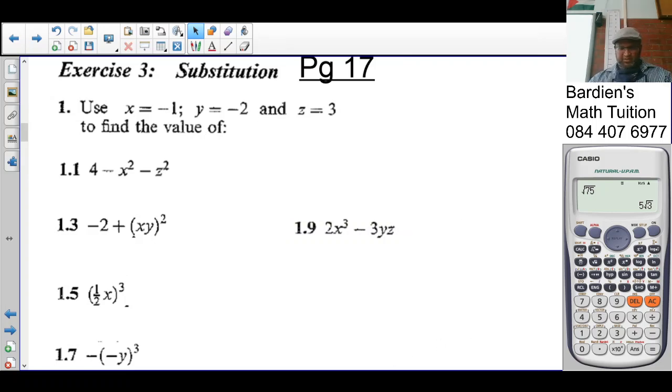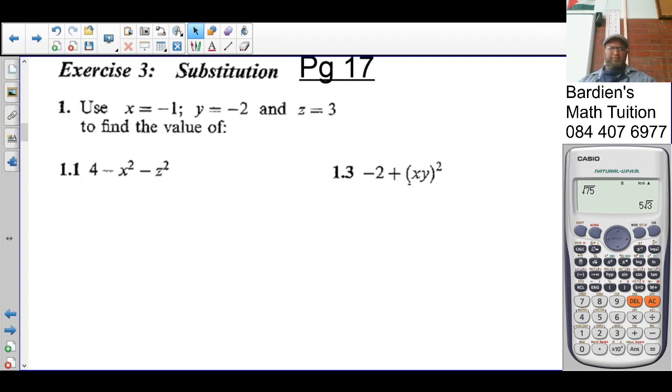I'll pause the video at this point. Okay. So we said use x is equal to negative 1, y is equal to negative 2, z is equal